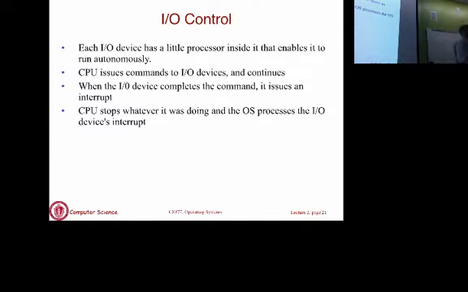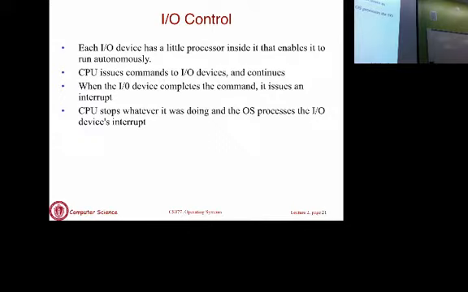That processor will understand some commands that a CPU will issue. So the CPU issues commands and continues. Since I/O devices are slow, when the CPU, in this case the OS, issues a command to an I/O device, it's not going to wait for the I/O device to finish. That would mean idling the CPU for a long period of time.